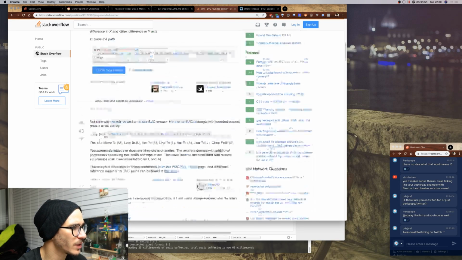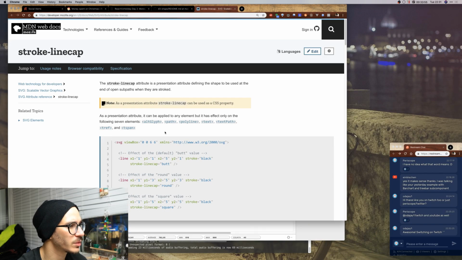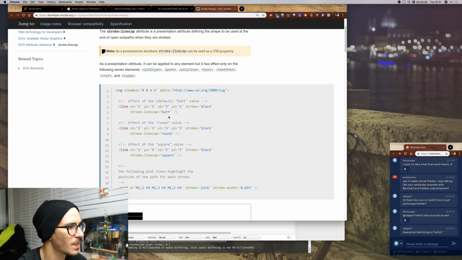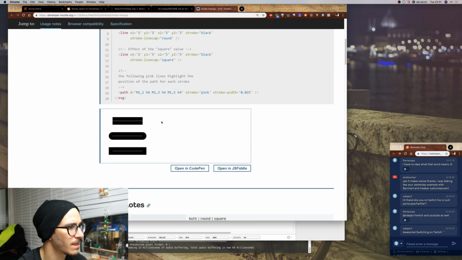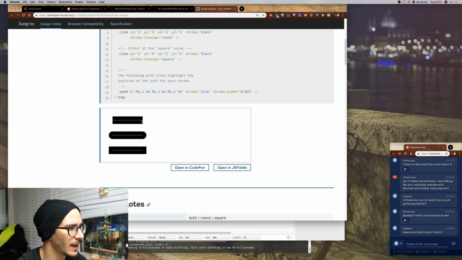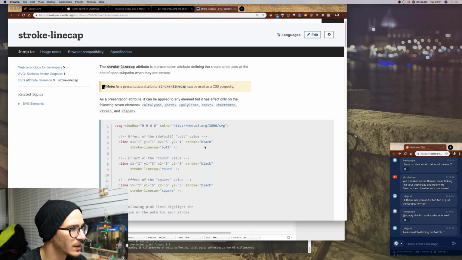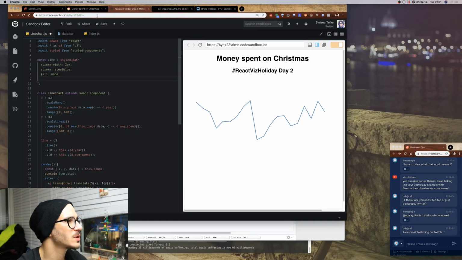No, that's a rounded rectangle. Line cap, or... that's the line cap. I need the line join. What are the values? Line cap round. Okay, so if we say stroke line join round,